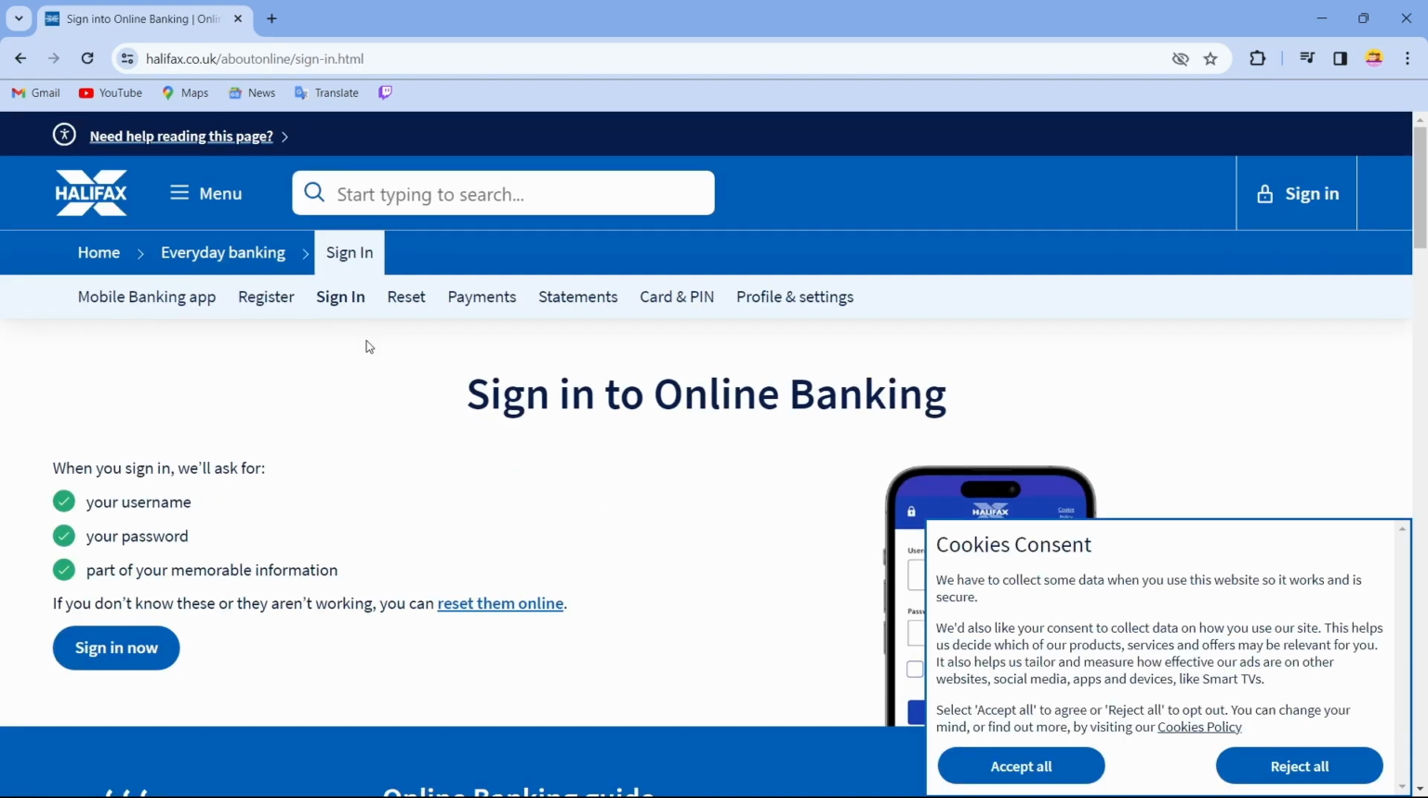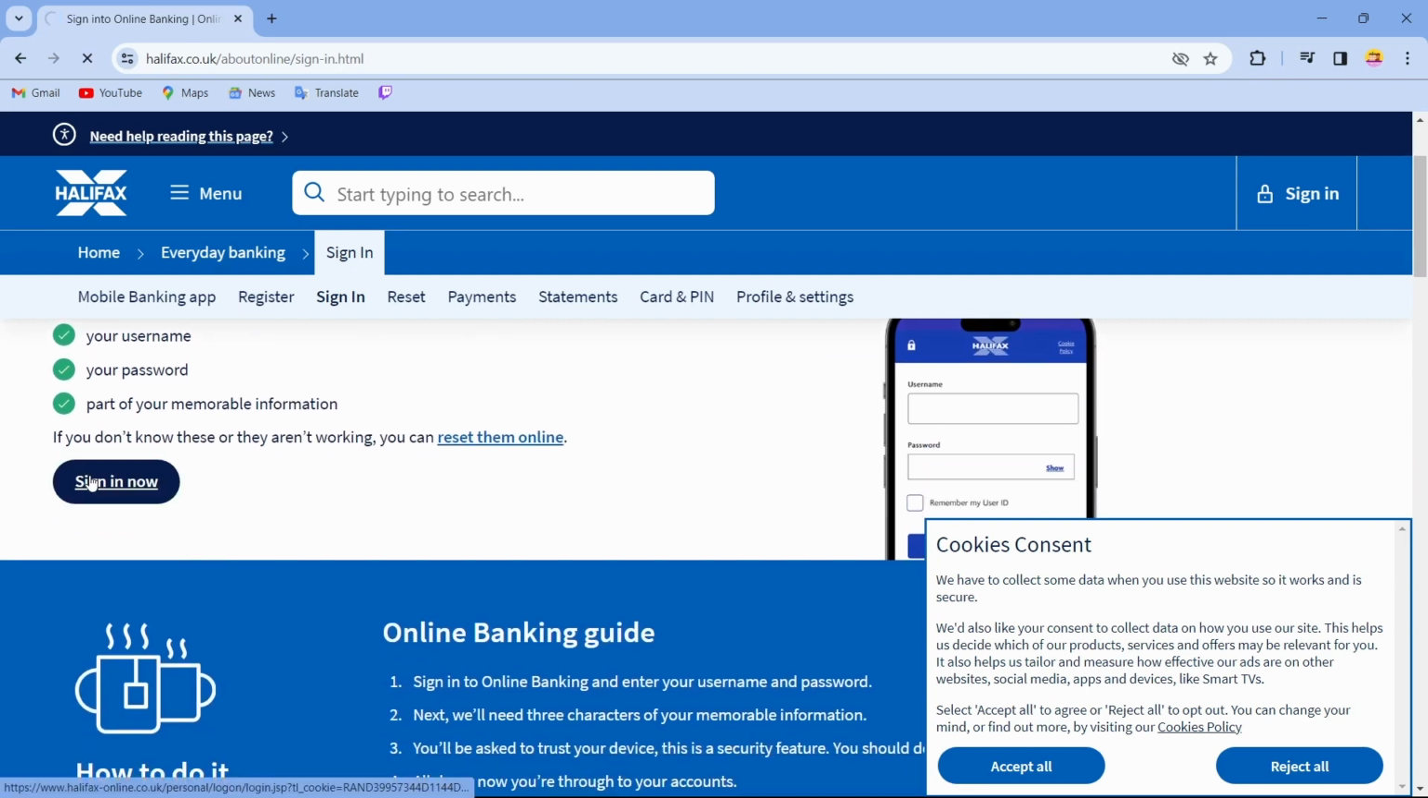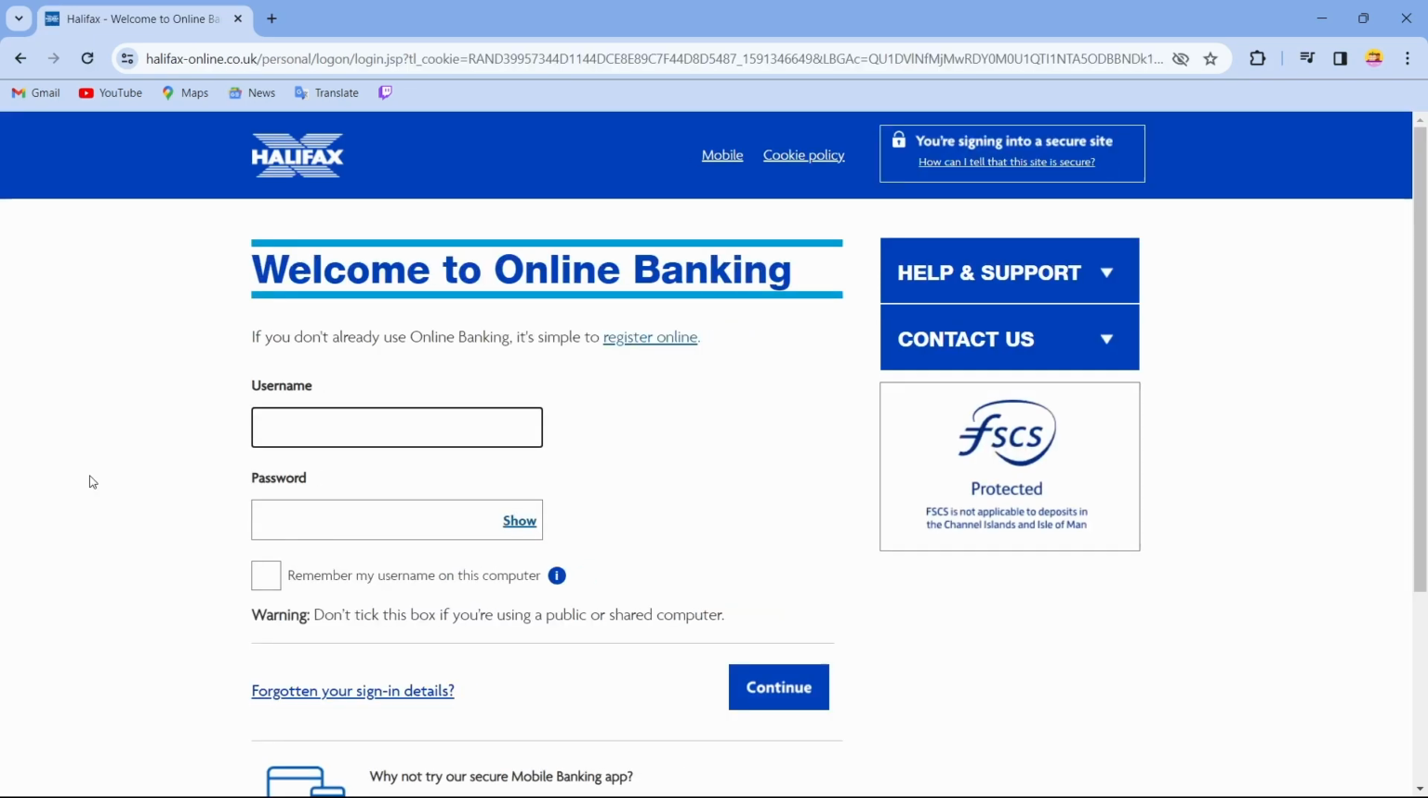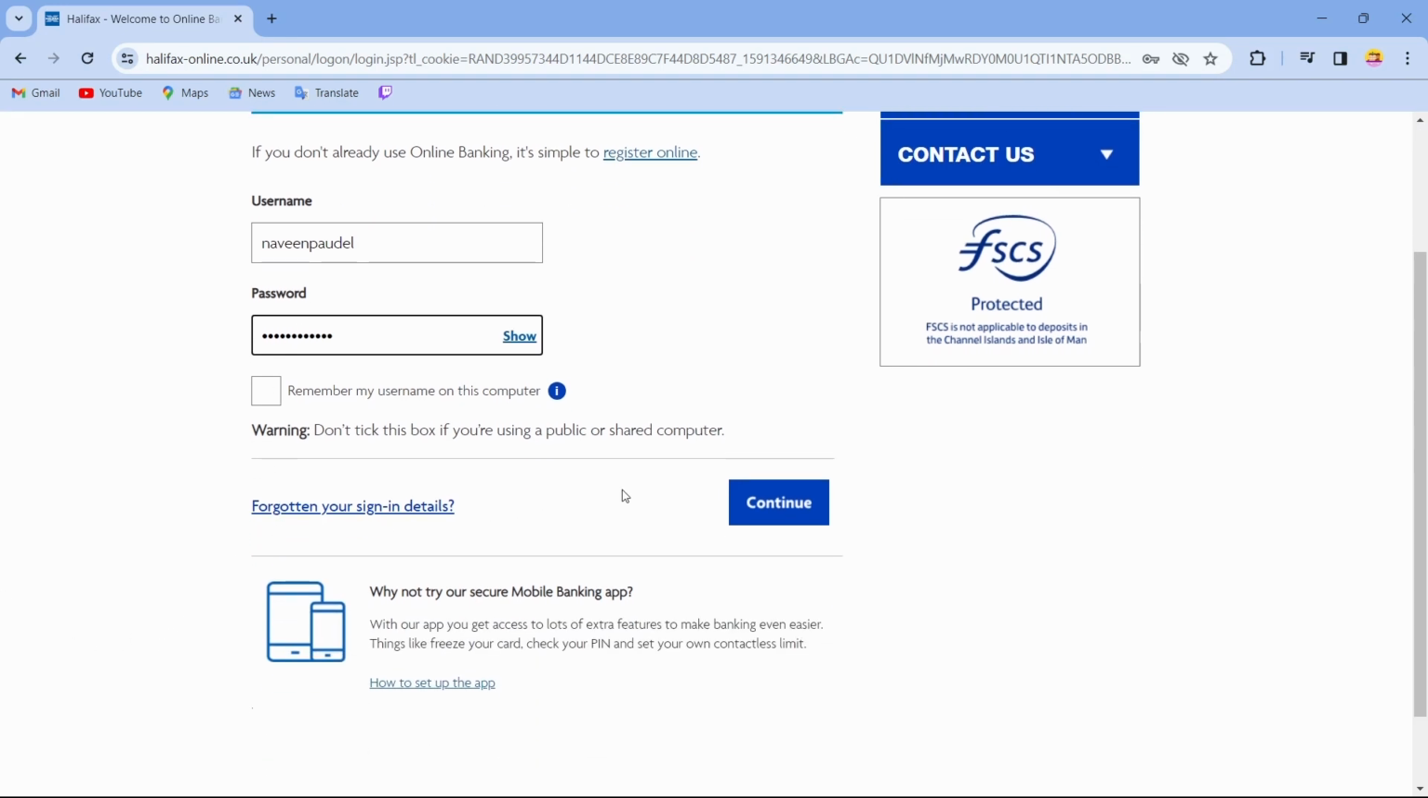Now what you can do is just tap on sign in now. After tapping on sign in now, what you can do is enter your username and password. After entering your username and password, just tap on continue, and after tapping on continue you will successfully log into